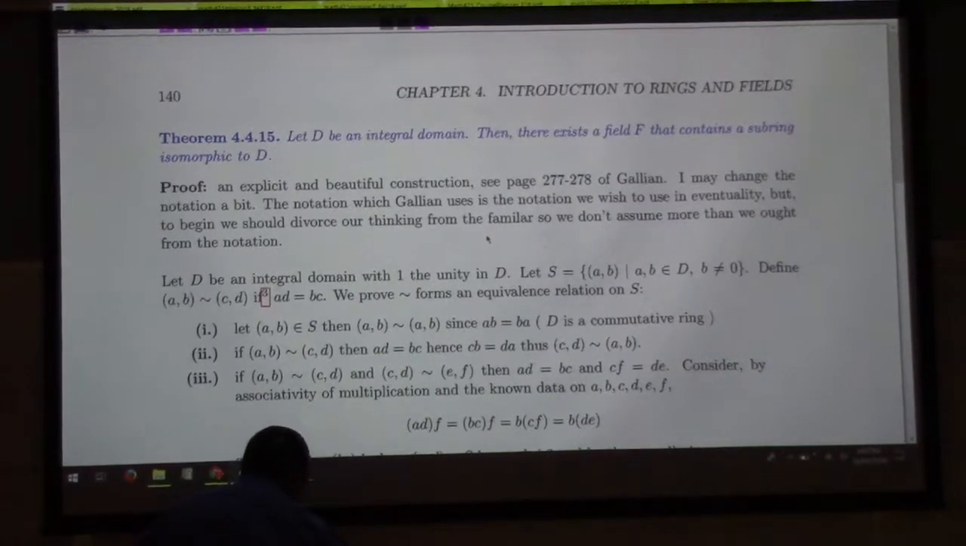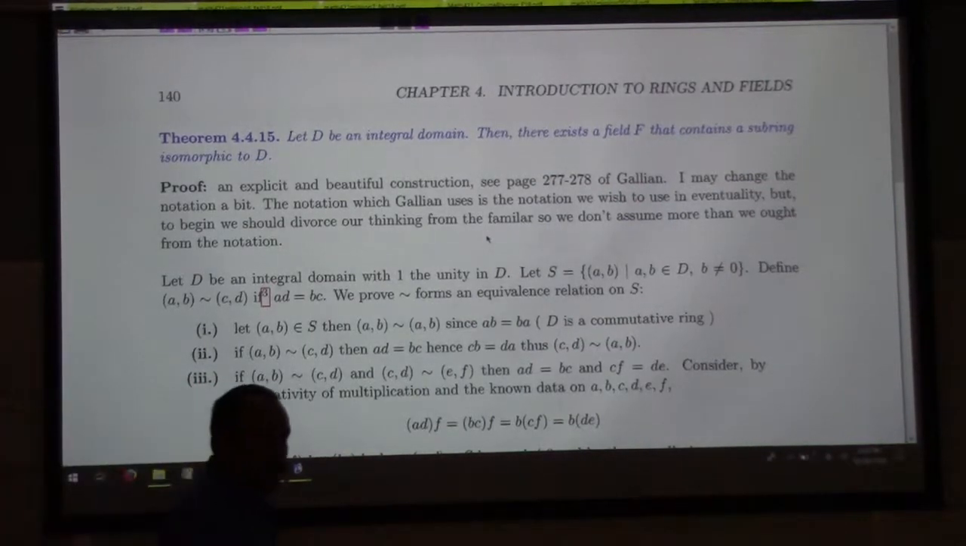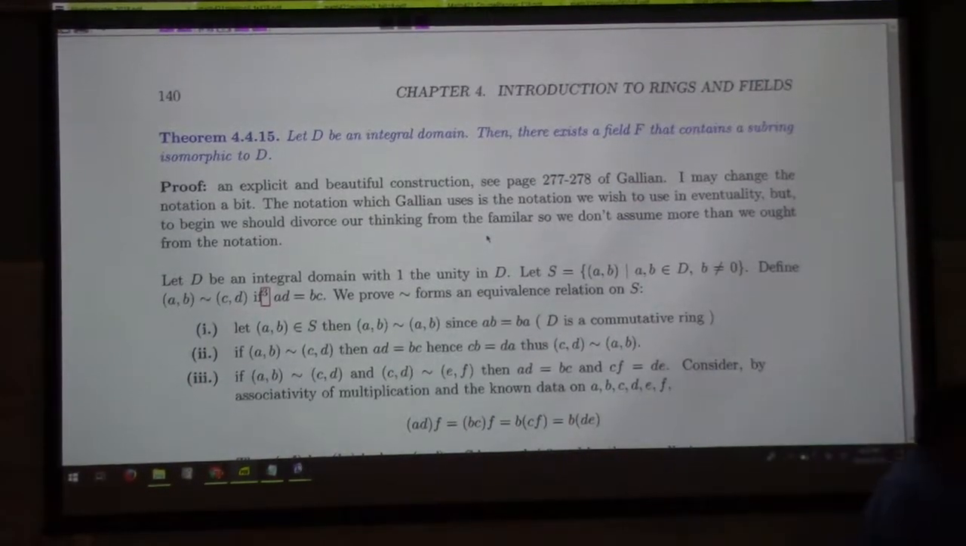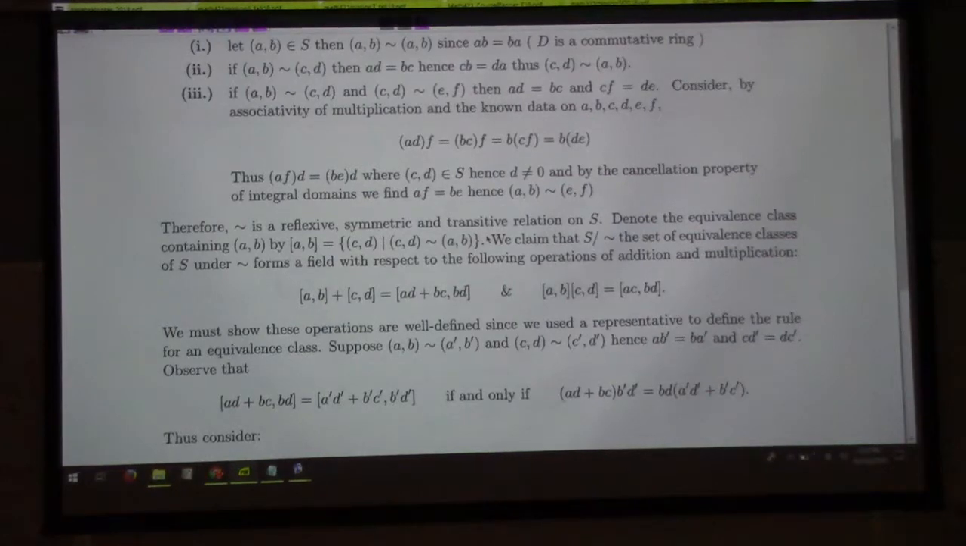AD equals BC, right? So that's where the equivalence is motivated from. And then you can prove that this equivalence is in fact an equivalence relation. All right? And once you have that it's an equivalence relation, you can define addition, and you can define multiplication